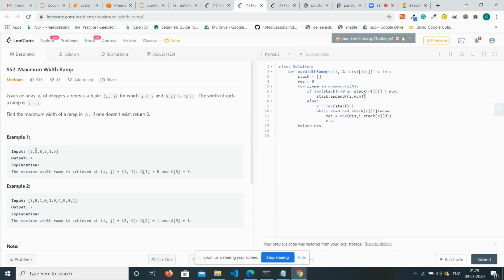So now the top of the stack is 0. It will fail this condition as 0 is not greater than 8. And the length of the stack is also not equal to 0. It will enter into the else part. Then what happens is, I'll be having in the stack the elements 6,